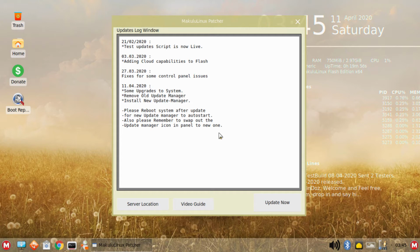The Ubuntu updater, where it would usually just update the system, now actually checks and sees that this is a foreign system it's running on and that it's not an Ubuntu system. It will detect that, wow, this system is called Flash, not Ubuntu. So it starts giving out warnings and all kinds of triggers that they've added into the system because it's not running on Ubuntu, even though it's doing exactly what it would on an Ubuntu system. So I don't know why they're doing that. I guess they don't want other people to use the updater. Whatever the reason,